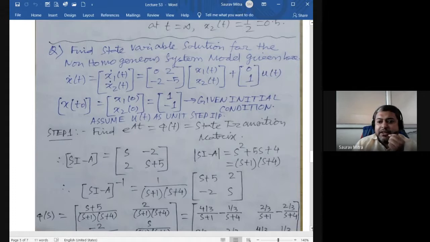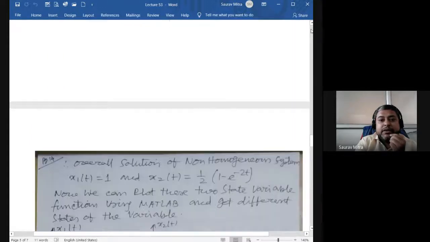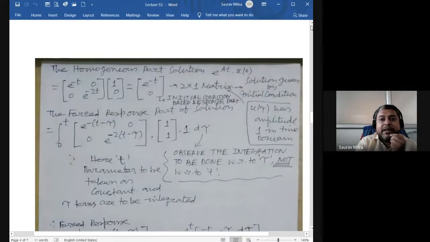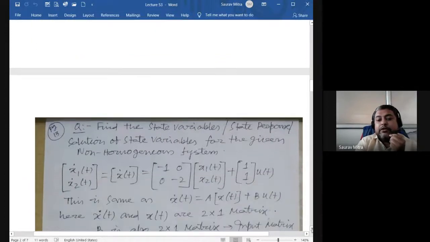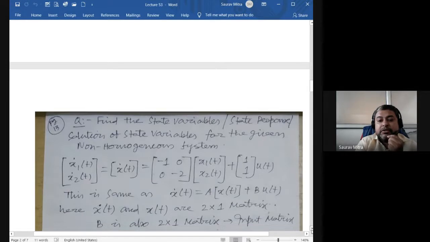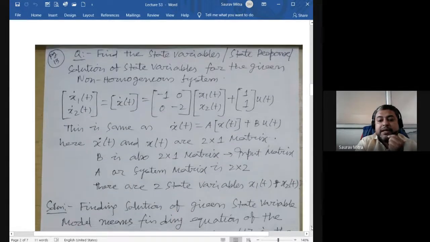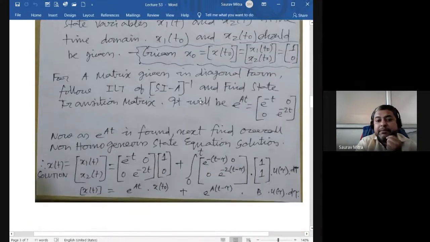Now let us have another numerical, because in the previous case it was a little bit easy on your part. I was doing it for the first time, so I made it a little bit easy. And the ease was, I defined the A matrix as a diagonal matrix. So that's why you could directly find e raised to At, and e raised to At was directly e raised to minus t and e raised to minus 2t, even if you did not do the step sI minus A inverse and all. So it was a little bit easy numerical for you.